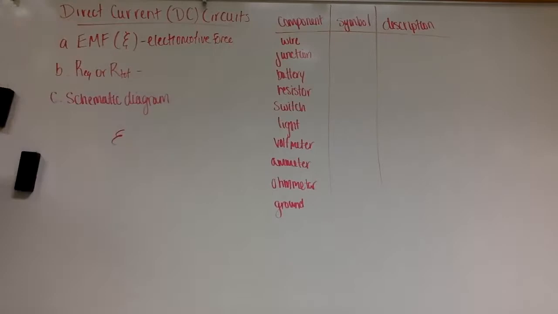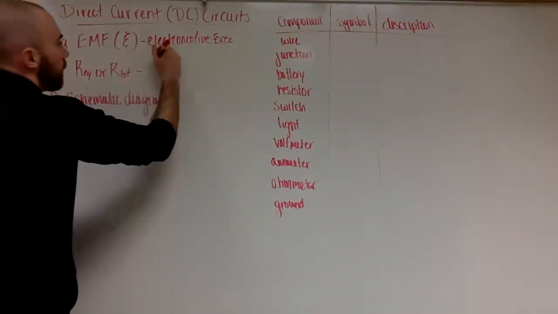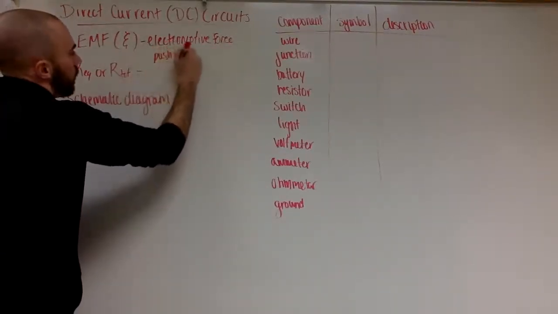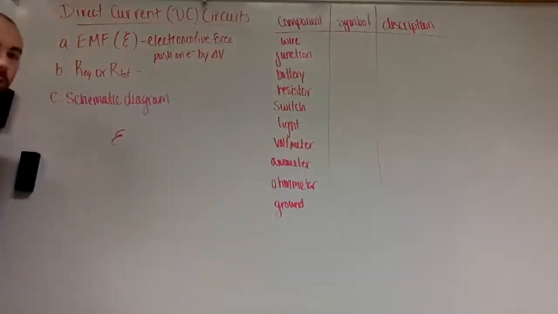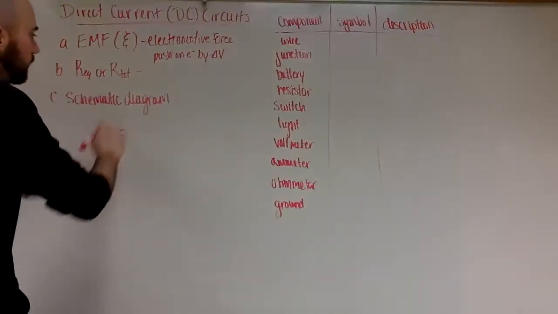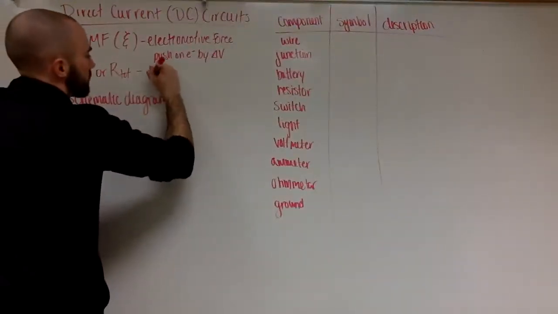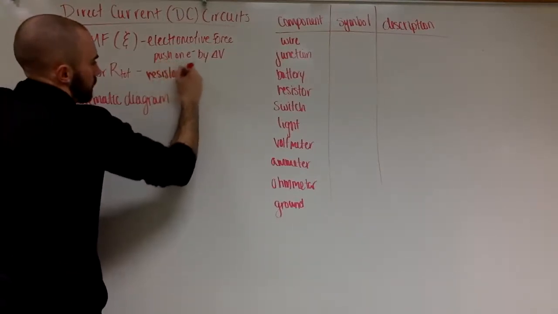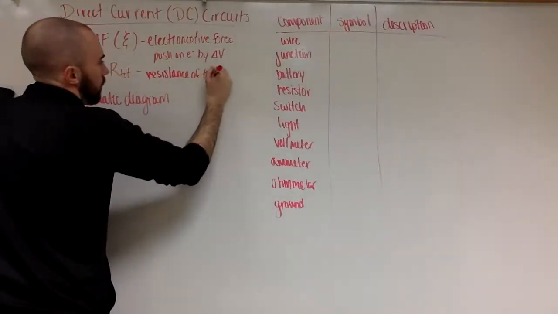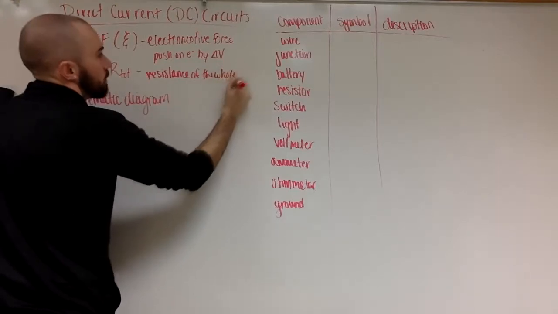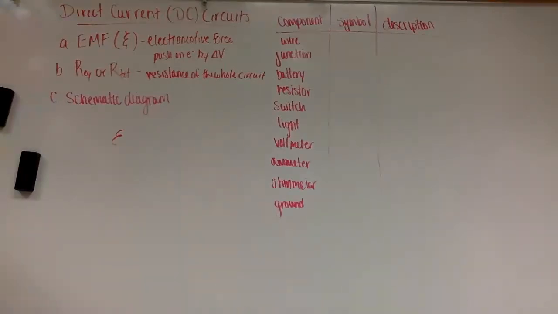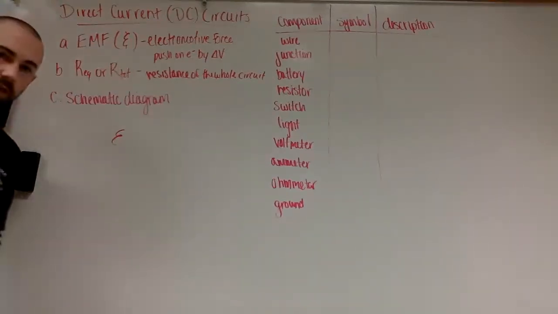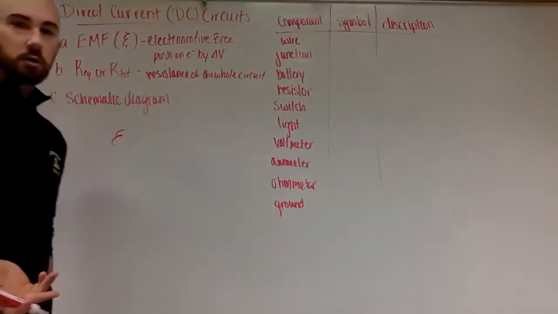And it's basically the push on electrons by the delta V of the battery or whatever your power source is. The next thing is your R equivalent or R total. This is basically the resistance of the whole circuit. So if you were to replace the entire circuit with a single resistor, that's the value of your R equivalent